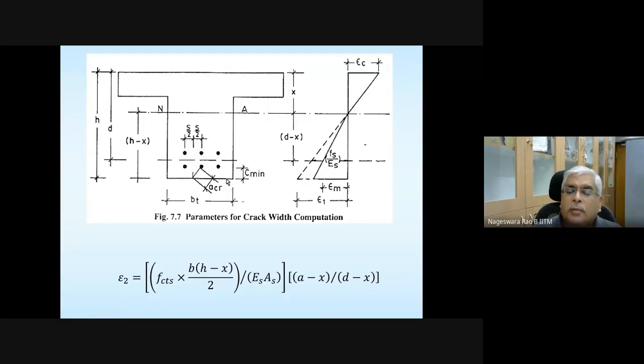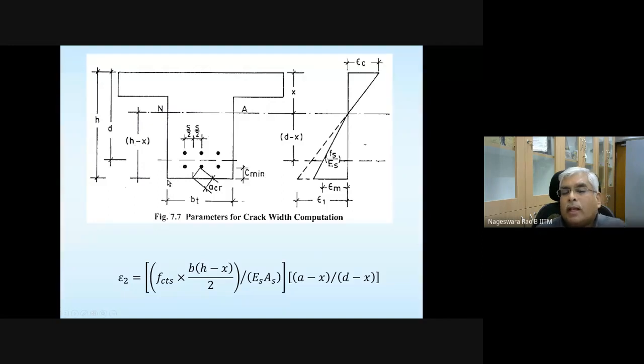Okay, and here the beam is assumed to be undergoing sagging moment. Usually, when the beam is undergoing sagging, the extreme bottom fiber is going to be in tension. So the crack is going to be formed on the tension side. Okay. And if the beam is undergoing hogging moment, you need to just reverse it. So the crack is going to be formed on the top surface. Okay. So here we are referring to the soffit of the beam, the bottom of the beam, the distance from the neutral axis to the bottom of the beam. Once this is the neutral axis, this is going to be h minus x.